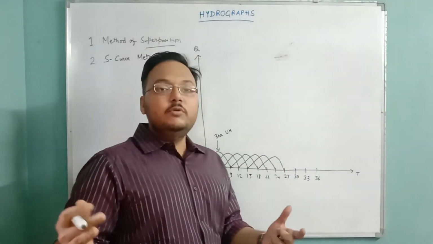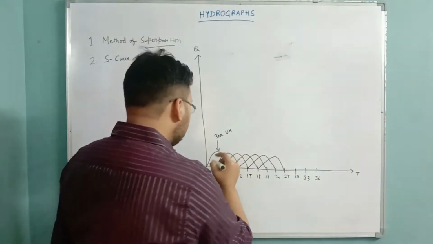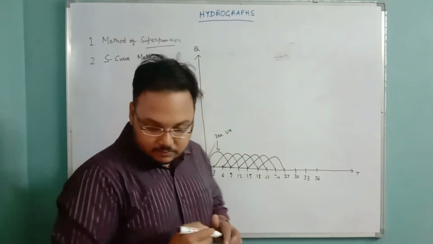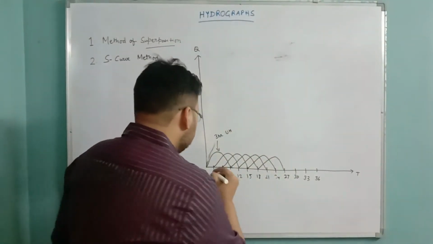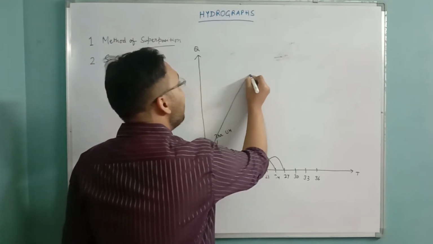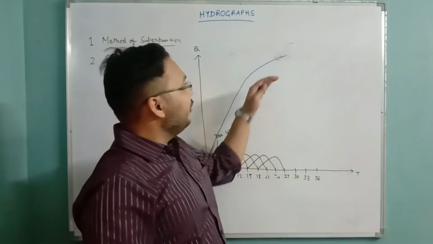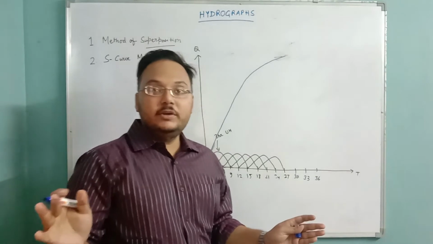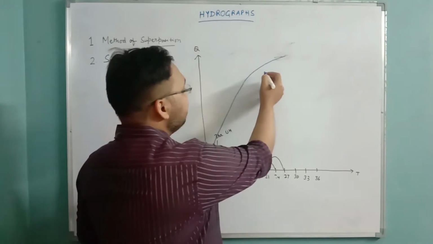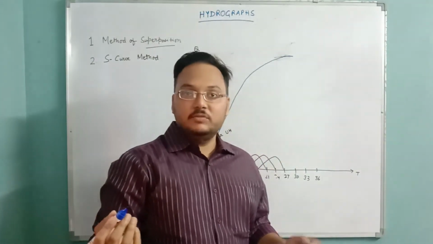If you are not getting the idea of how this curve is going to form, let me tell you. I'll use a separate color for this. This curve is certainly going to be a nicely increasing curve, and then at a certain stage it's going to flatten up. Any ideas why it is going to flatten up? We are summing it continuously, so it is increasing, but at a certain point it is going to flatten up.